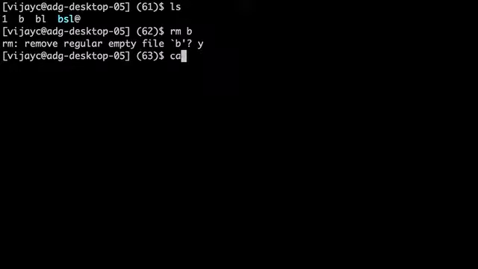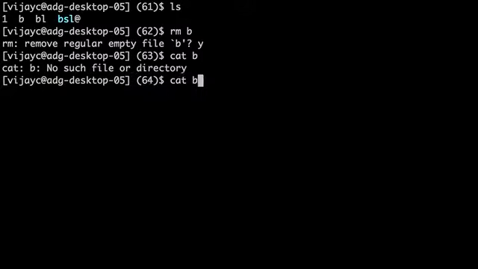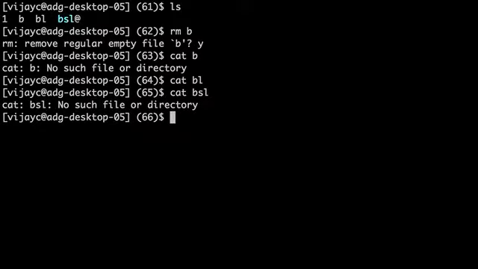I will still be able to do operations on BL, because as far as BL is concerned, it's pointing to the same inode. It doesn't really care that there's no name called B. But if I try to do this, it tells me there's no such file or directory.